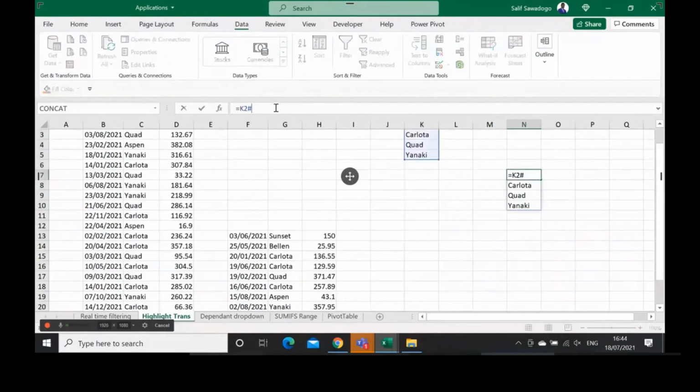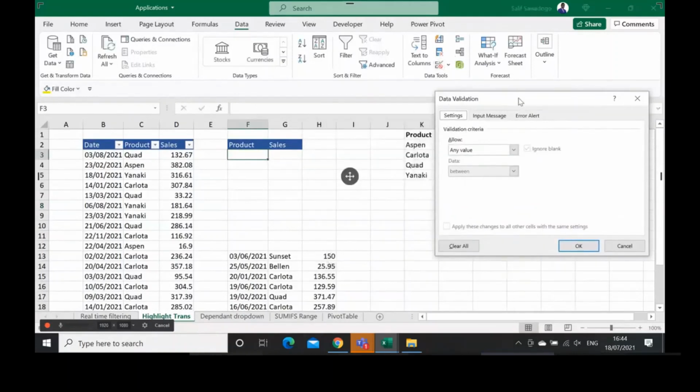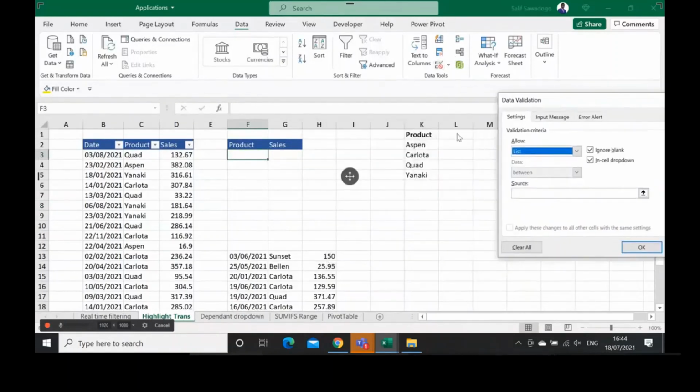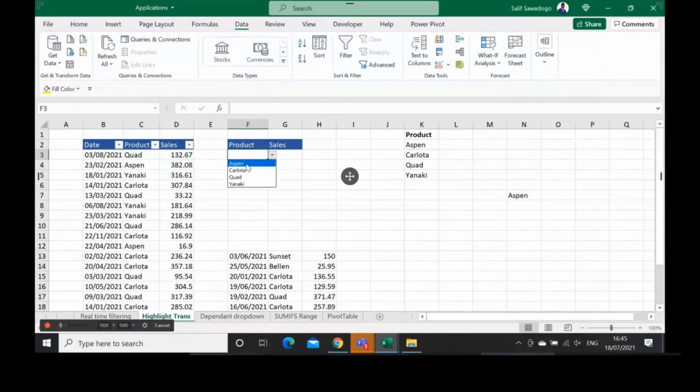So if you're referencing a cell that contains a row function, you have to put the hashtag sign. This is what I'm going to do when I create the drop-down list from here. I go to list and source, use this, put the hashtag sign, and okay. And here I've got the list of my products, and I'm going to use the SUMIFS function